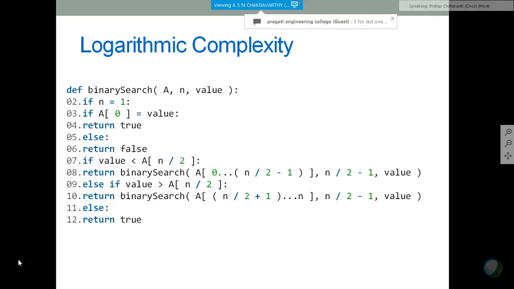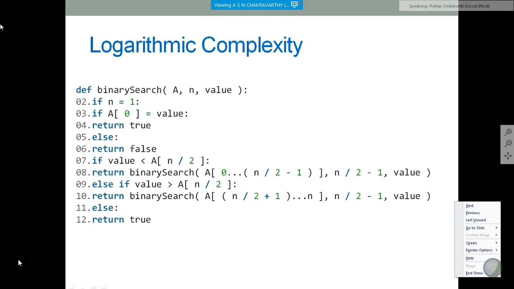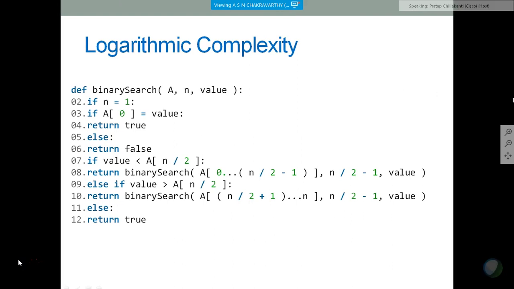See, there is nothing that I do without a reason. Most of the time. Sometimes I do it for a reason. Great. So the reason I wanted you to get logarithms is that we will have logarithmic complexity in our analysis. An example of that is binary search. What is a binary search? First and foremost,